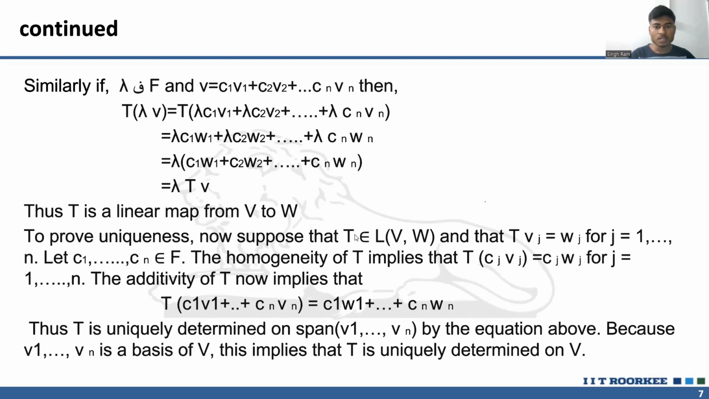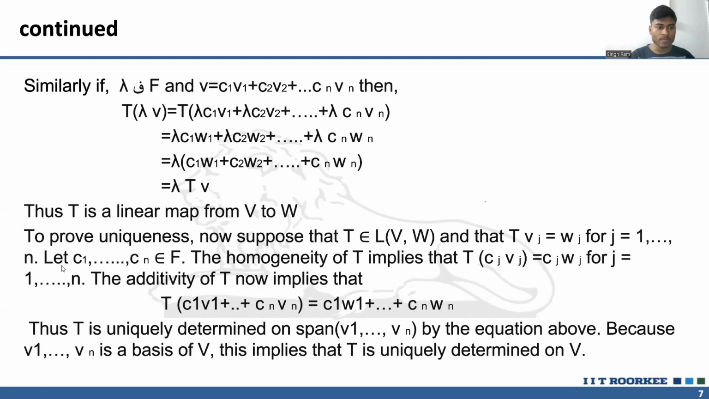Now suppose that a transformation T belongs to L(V, W). We all know that L(V, W) represents all the linear maps from the vector space V to the vector space W. So if this transformation T belongs to L(V, W), and T(vj) is equal to wj for j equal to 1 up to n,